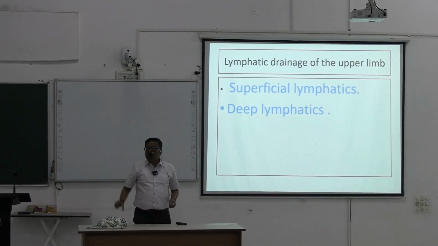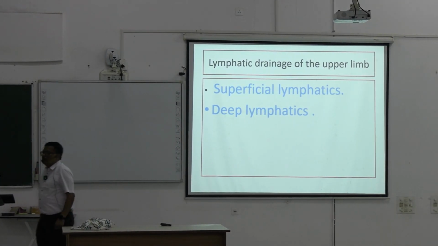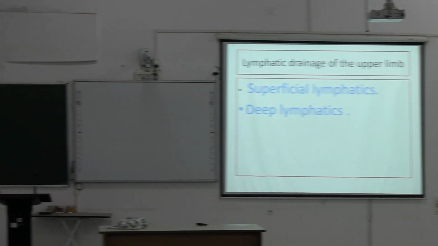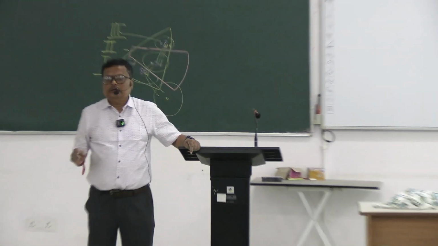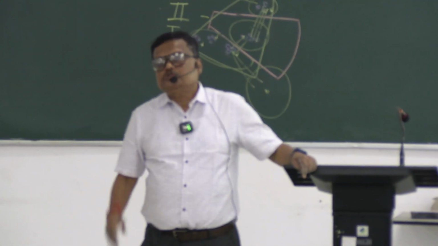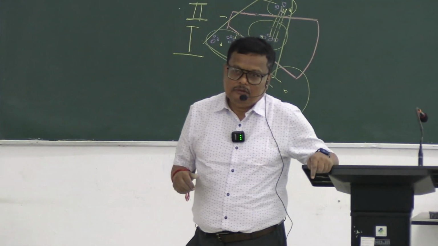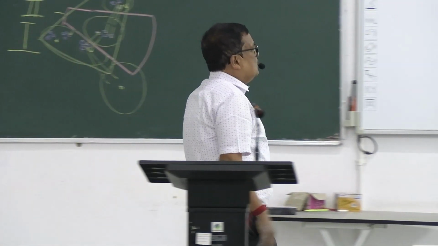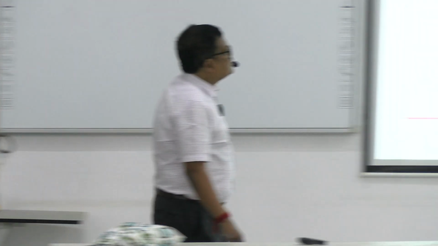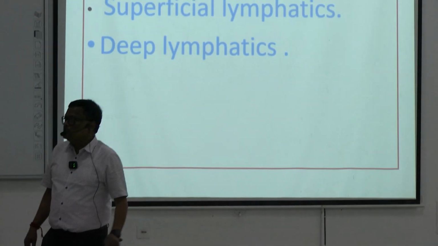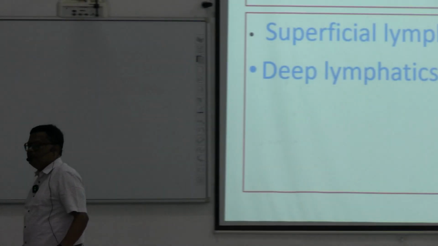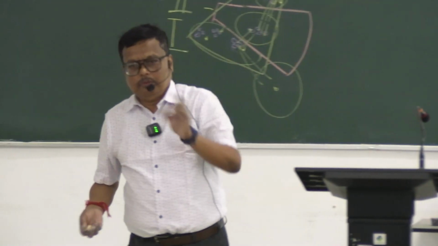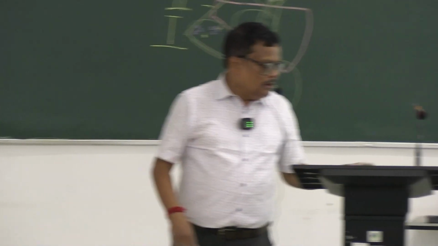Now, if there is a short note on the axillary lymph nodes, or a long question on the tail of the question, describe the lymphatics of the superior extremity. Then you will write that the lymphatics of the superior extremity are divided into superficial lymphatics and deep lymphatics. They all start, like the vein,